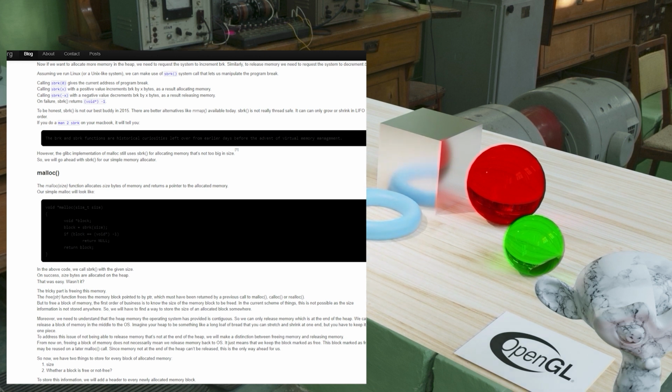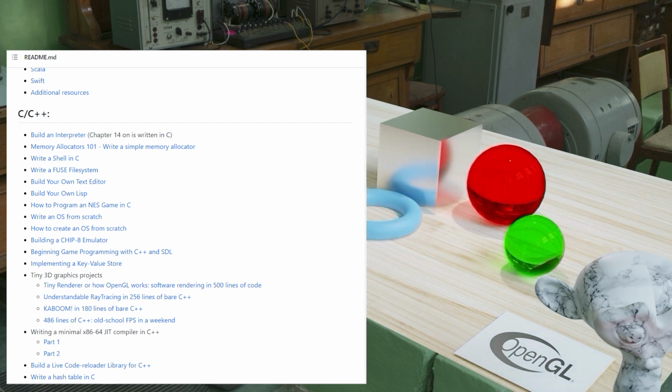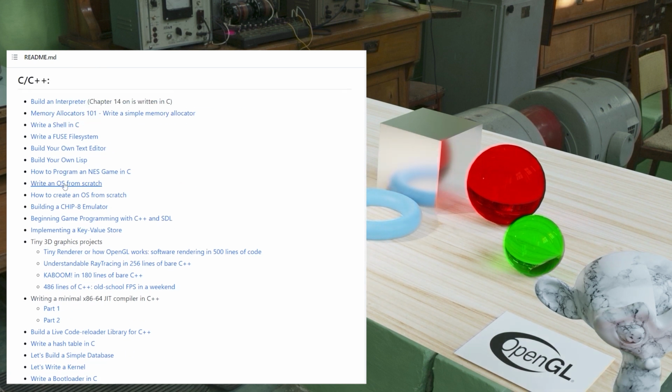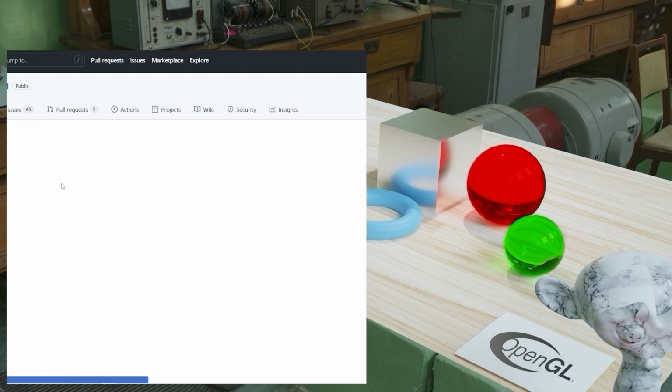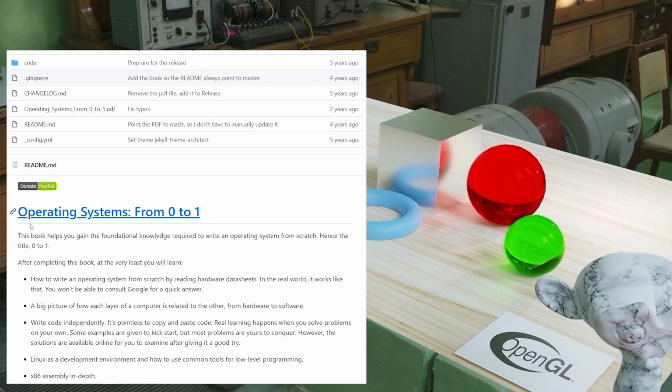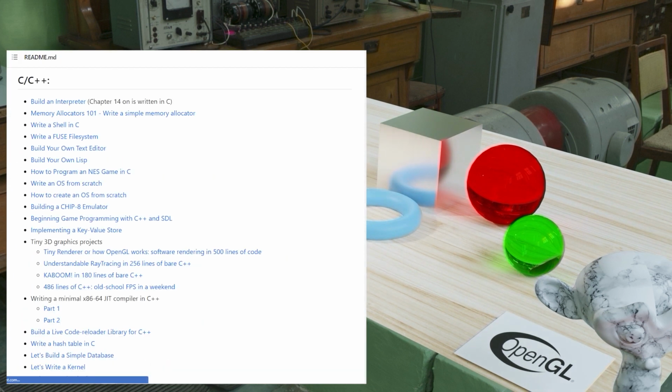Anyway, so personally, I think something like this is really cool. And I think it's really cool that this repo has a bunch of them all collected together in the one spot. Some of these link to other repos, like build an OS from scratch is a different repo. But anyway,